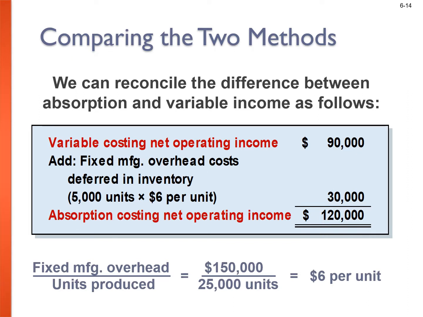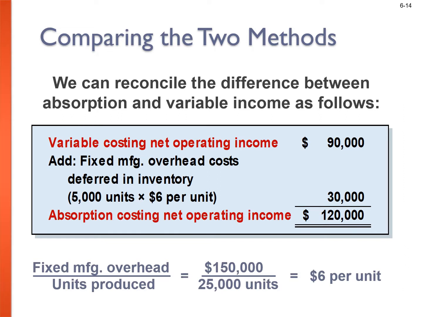They only subtracted the portion that was on the units that were sold. There are 5,000 units that have a $6 difference in product costs between variable and absorption costing. That's been deferred. So if we add that together, the absorption costing net operating income is $120,000, and